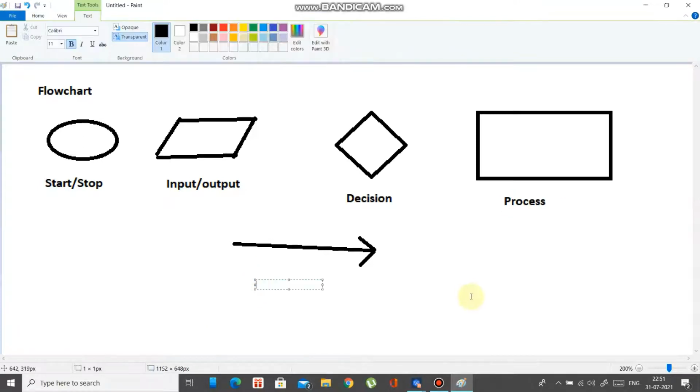And this arrow represents a line, like a connector, that shows a relationship between two symbols. We call it an arrow or line.